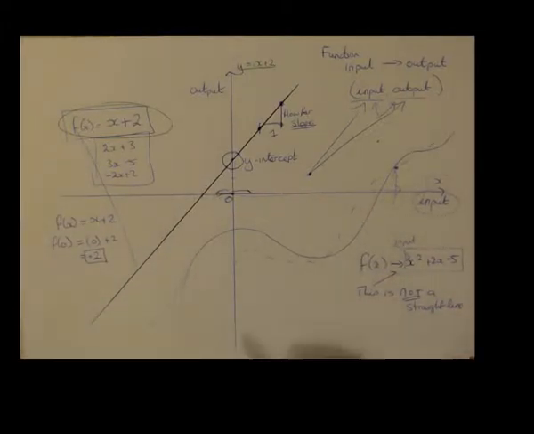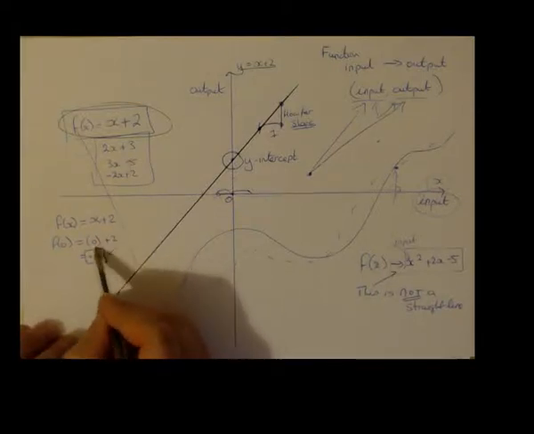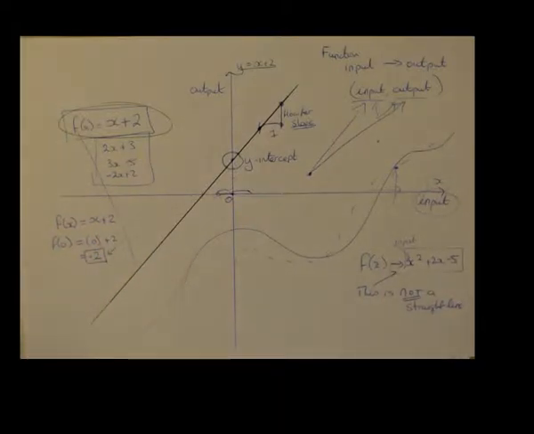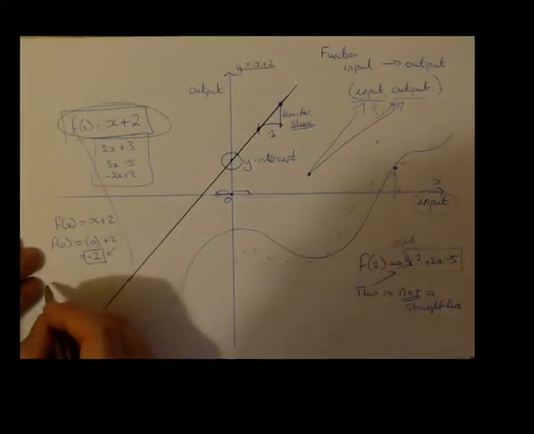So in this question, our y-intercept is plus 2. That's all you have to do. You put 0 in here. Everywhere you have an x, the x is gone, and you're left with this number, which is +2. That's called your y-intercept. Once you've found f of 0, you need to find f of 1,